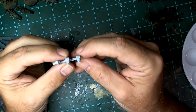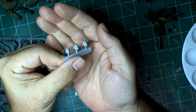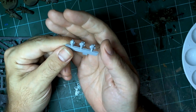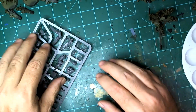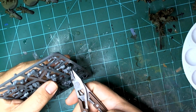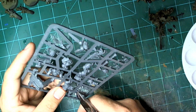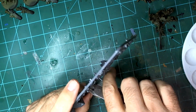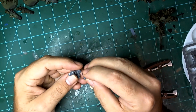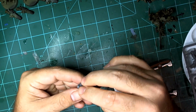You could always sub in one of the heads from Forge World. These are the Forge World beaky heads. And they have the proper stuff on them, and we'll see if they fit. So let's go ahead and snip off the upper body, because here's my contention. Once you get the body put together, the damage that you're going to do to the helmet, taking it off the belt, is not going to matter because of the fact that